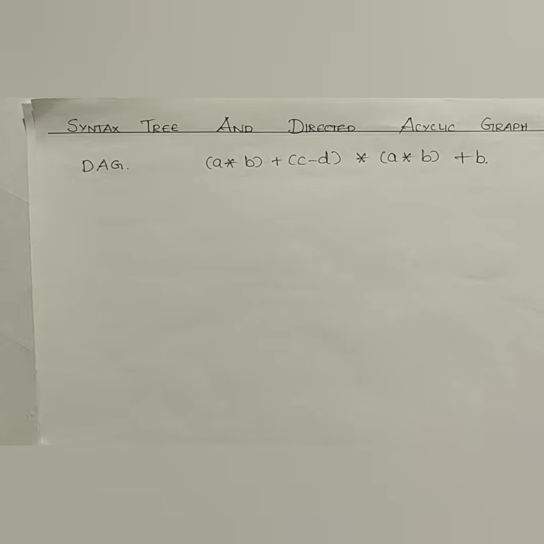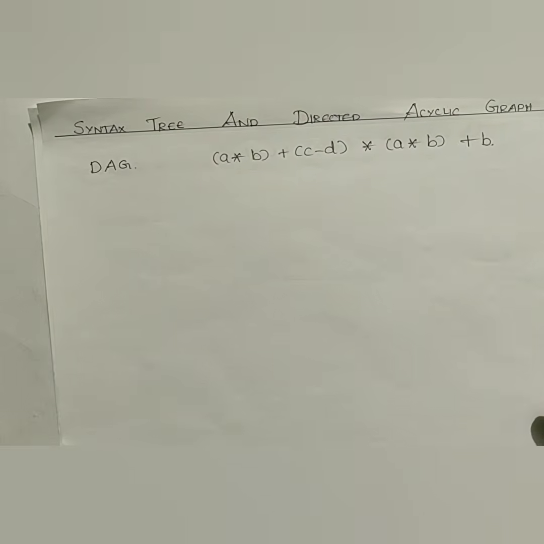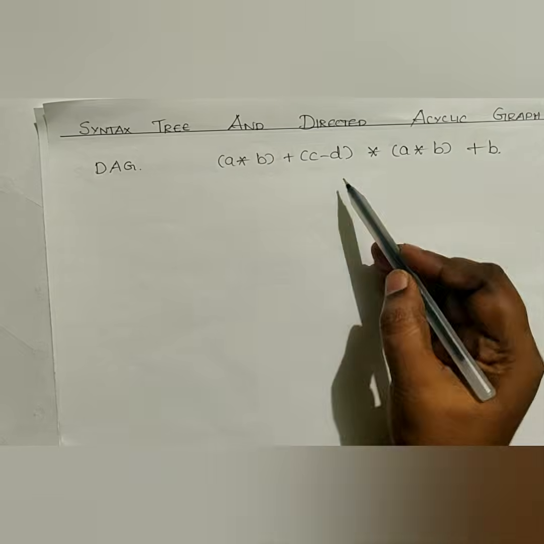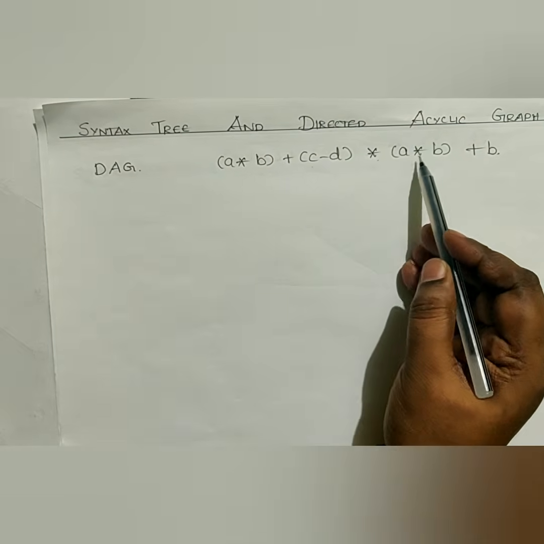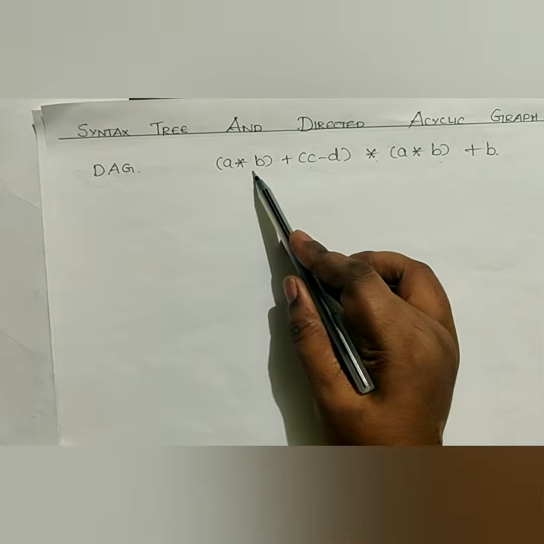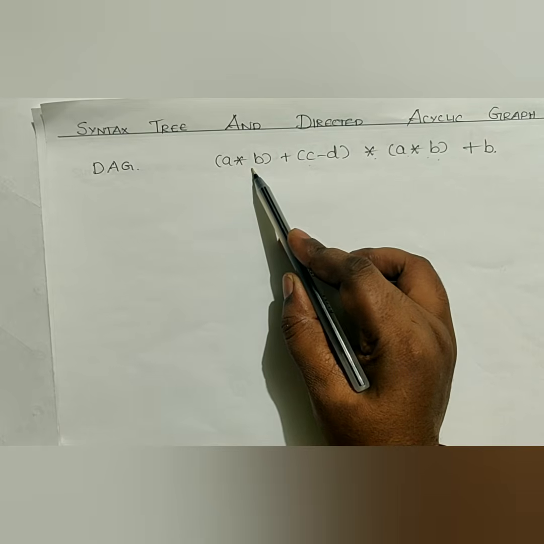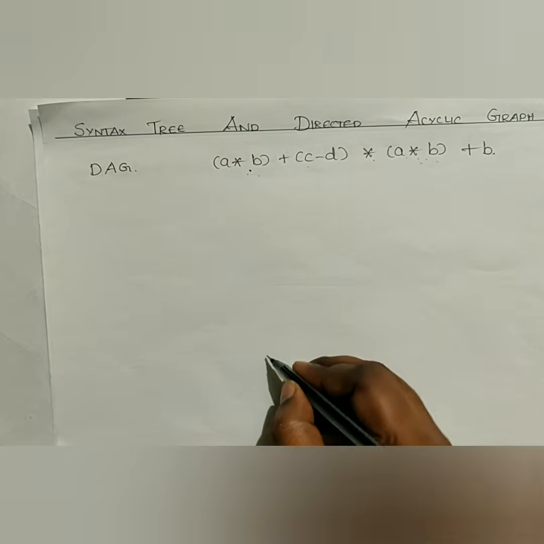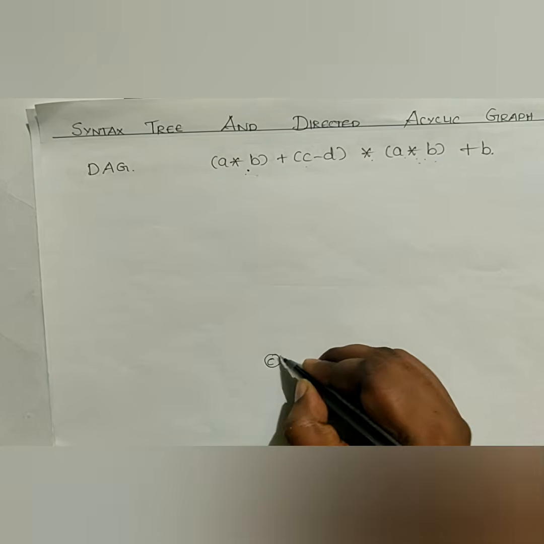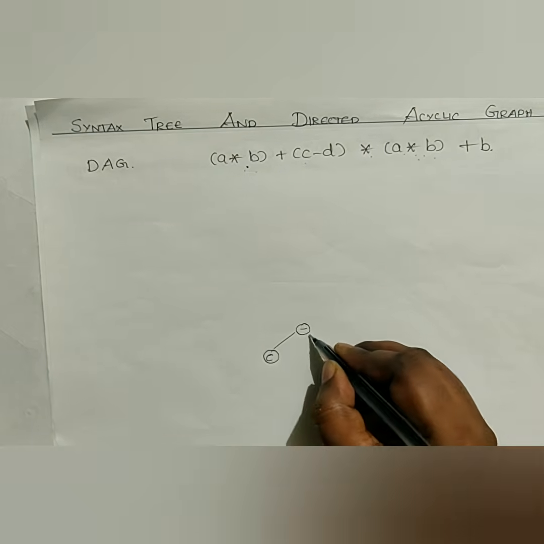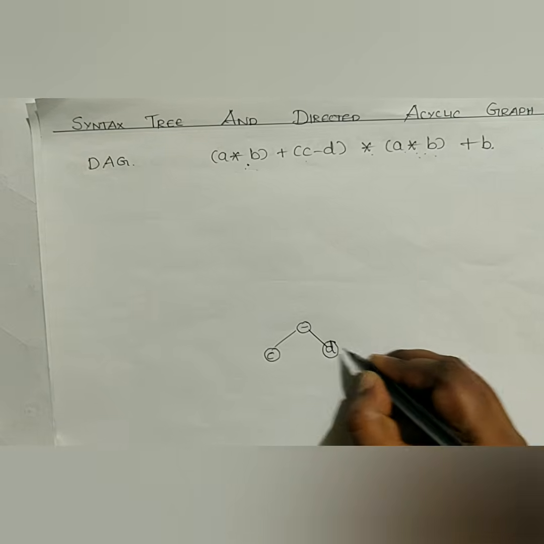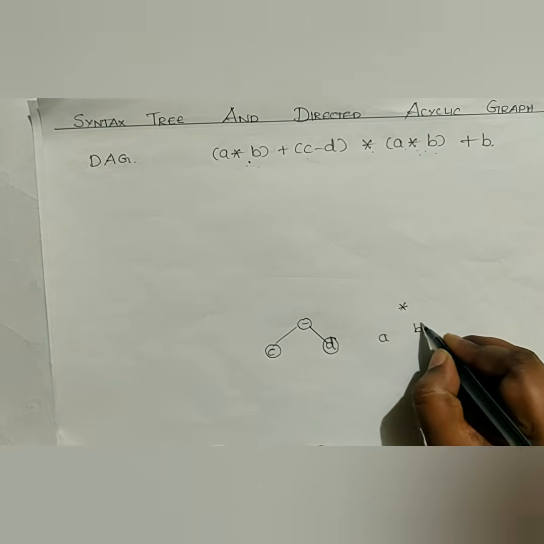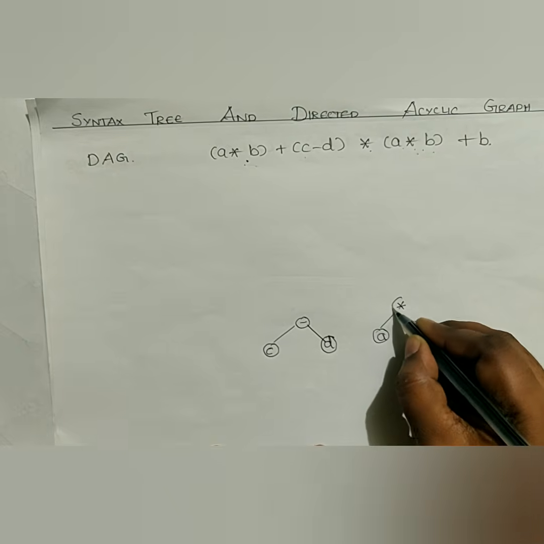Okay, so directed acyclic graph, again the same thing, but what I do here is I understand that the operation to be done is C minus D star A star B, and again this A star B is repeated here. Anyhow, I don't have to draw this A star B twice. So I go from C minus D and A star B. Okay, these two are very clear to you.